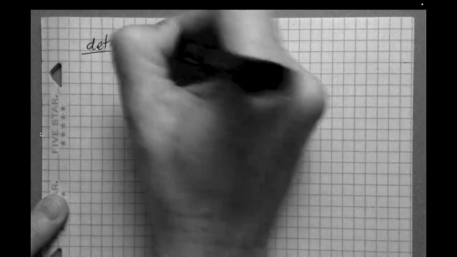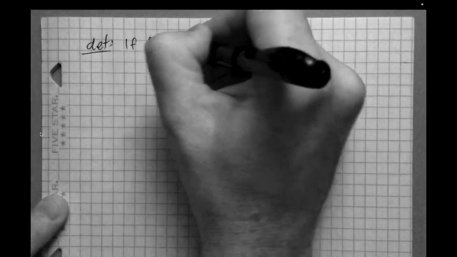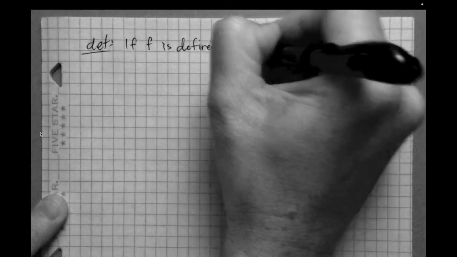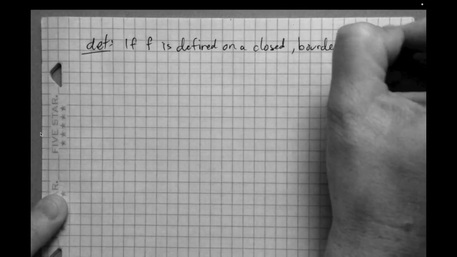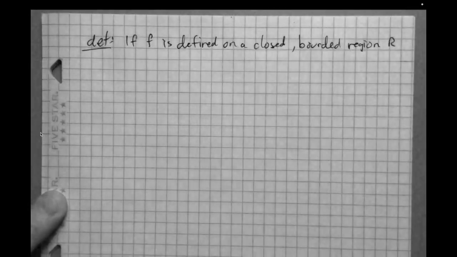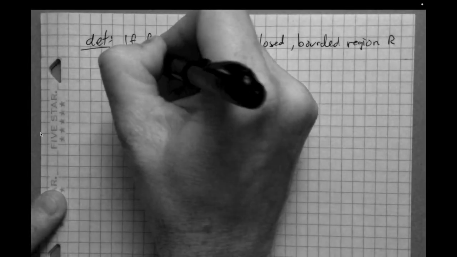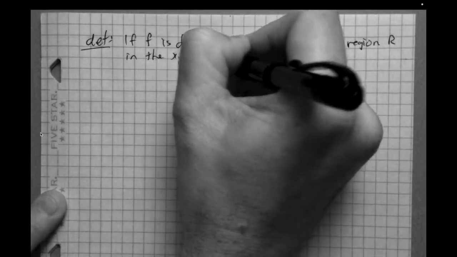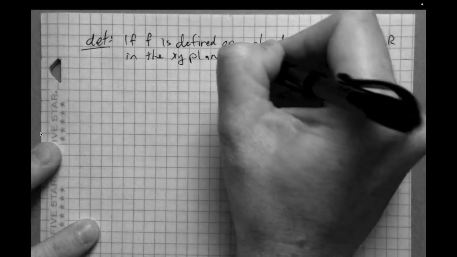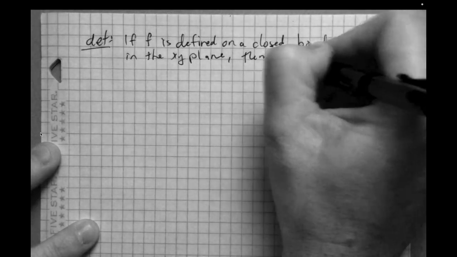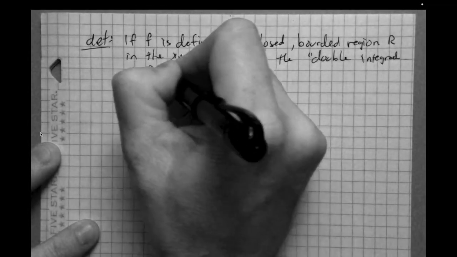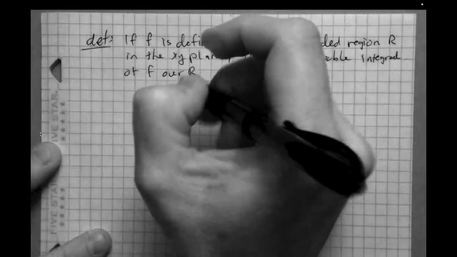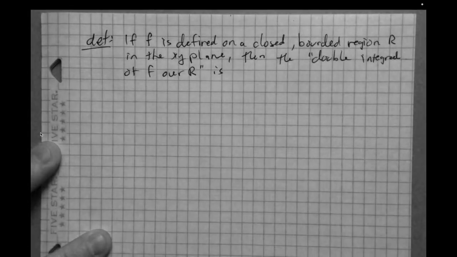So if f is defined on a closed and bounded region R, okay, and this region's in the XY plane, then the double integral of f over R is given by,